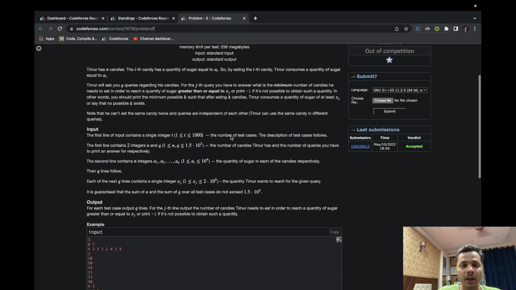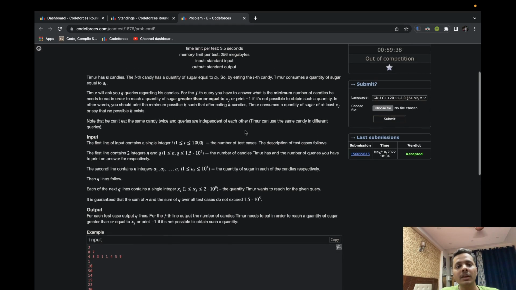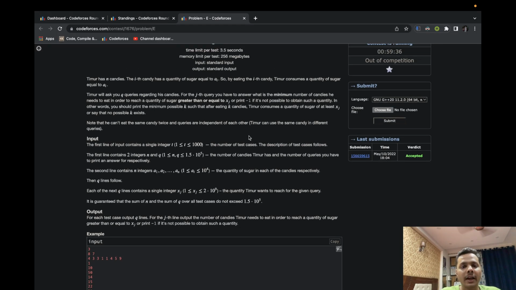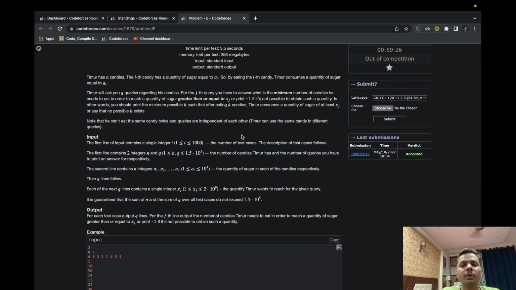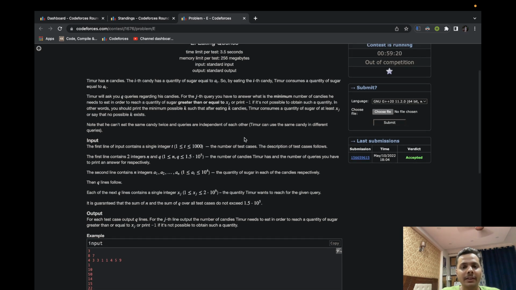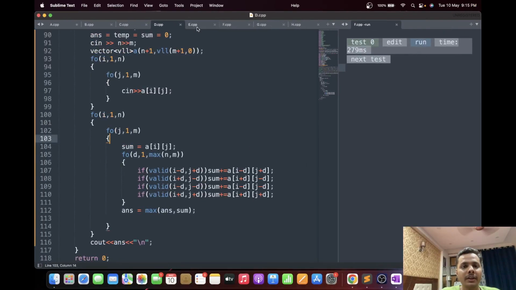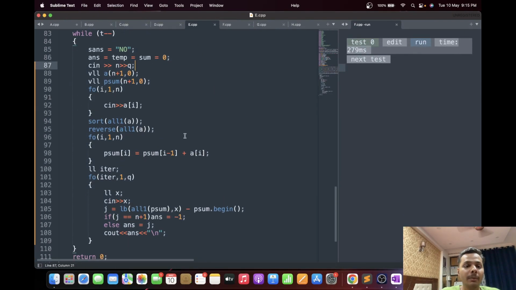Okay, so the logic here is again the same. We will try to consume the candies from the highest to the lowest, simply because consuming the candy which gives the highest benefit first will be the most beneficial for us, obviously. So what we can do is we can simply do a binary search to figure out what is the minimum number of candies that we have to eat. So you can write a binary search for it, but a simpler way to do it is first you build a prefix sum,